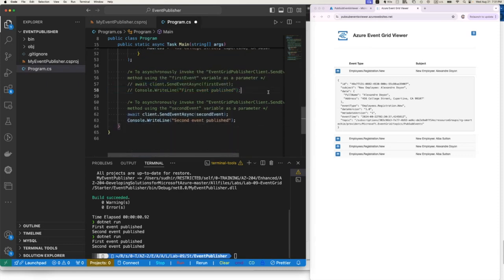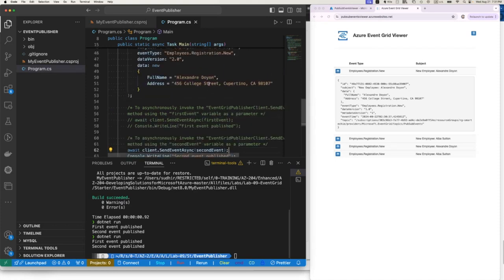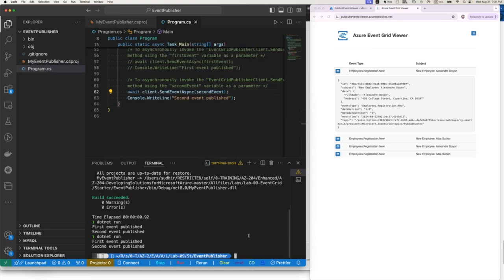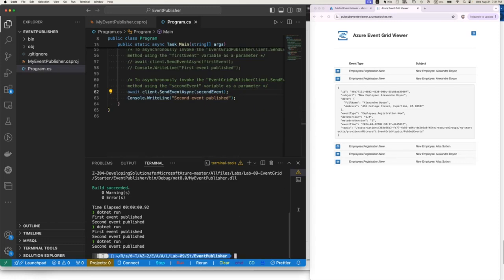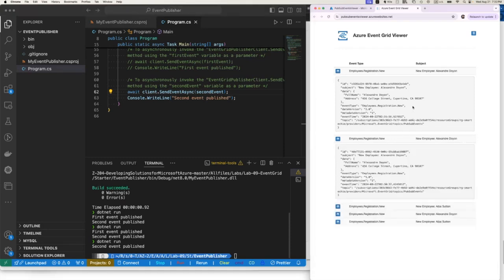I'll just comment it. That means we are going to send only one message, the updated message 2.0. So here, what we are going to do, run it again. Okay, what is the latest one? We got only one, and here the version number is 2.0,